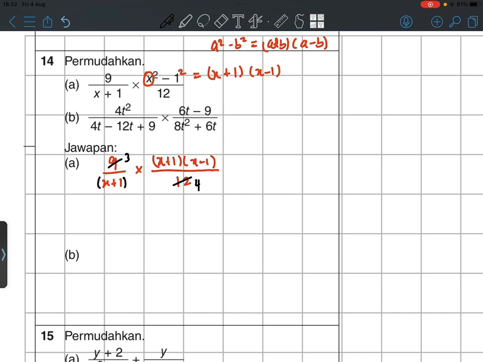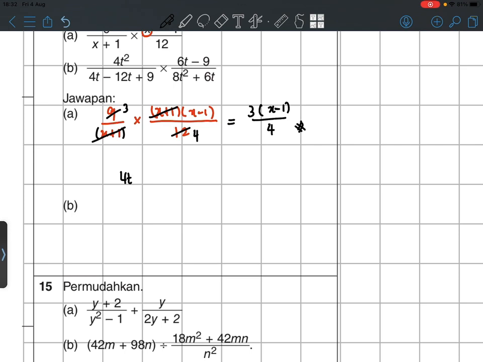And then the interesting one is we can cancel this. So 3 times (x minus 1) divided by 4. Alright, so it's very simple. Then question B is